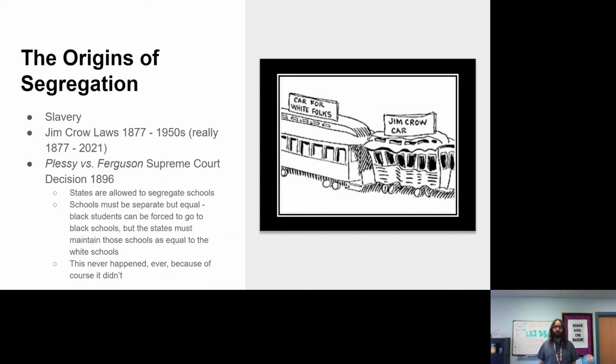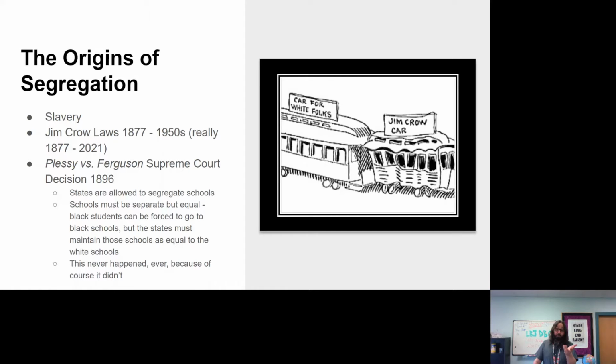Speaking of separate but equal, the Plessy versus Ferguson Supreme Court decision in 1896. We talked about this back when it happened in class, of course, but a quick reminder. This is the Supreme Court case that allowed states to segregate their schools. Now, states had been doing this. They got sued, Plessy versus Ferguson, and the Supreme Court said, no, it is okay to have a white school and a black school,